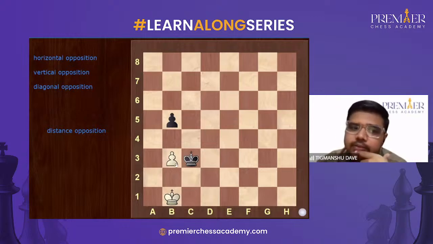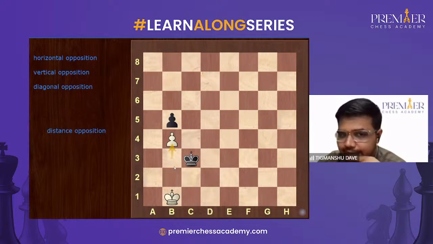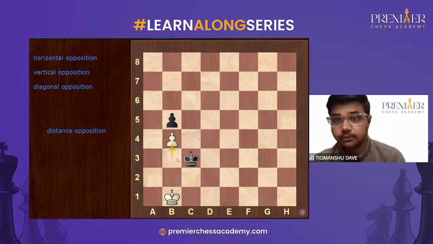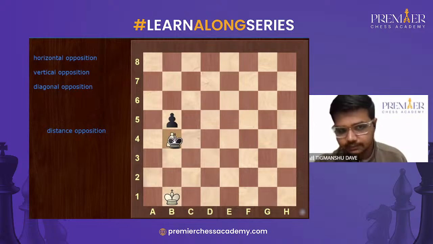So the move here is b4. Now it's quite a surprising move. Why b4? What you are doing is giving up a pawn to take the opposition of your opponent, and you see that the pawn is on the fifth rank, which is behind. So what will happen is, when black takes the pawn,